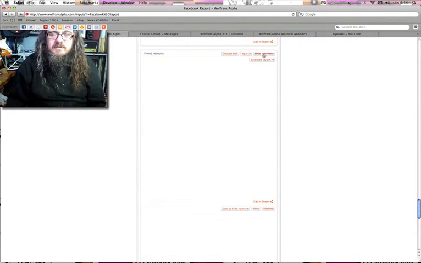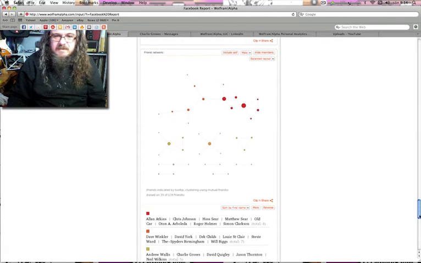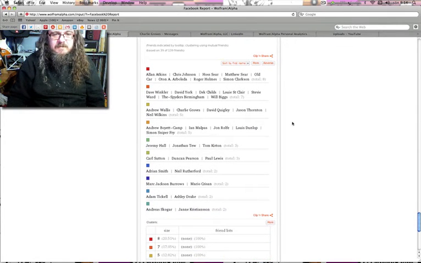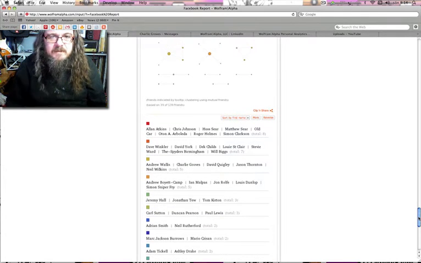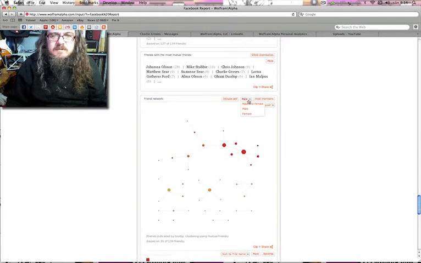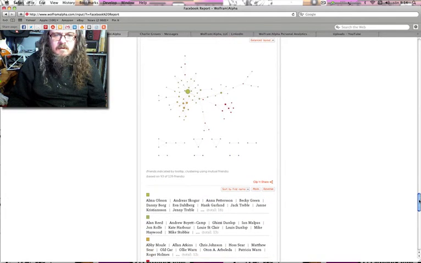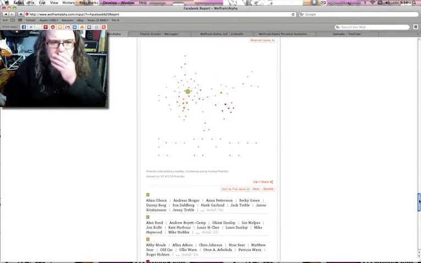And what's this one? Show members. Okay, right. That's come up down here, showing the different people that are in there. Well, let's just have a look at that now. Let's make it both again. So let's see.